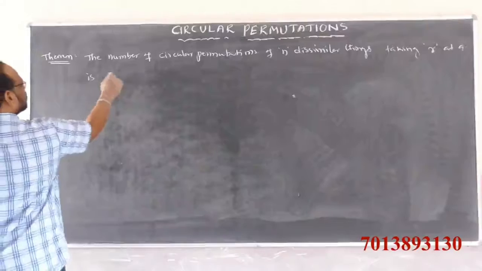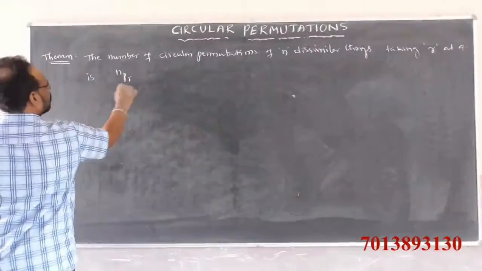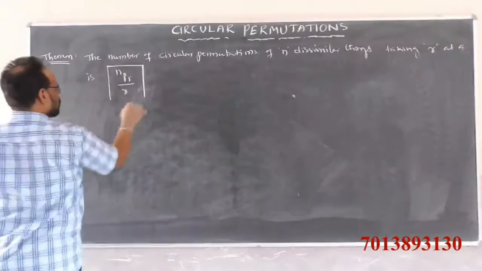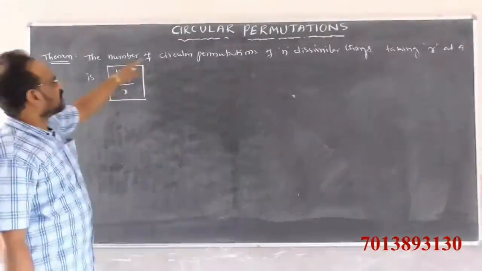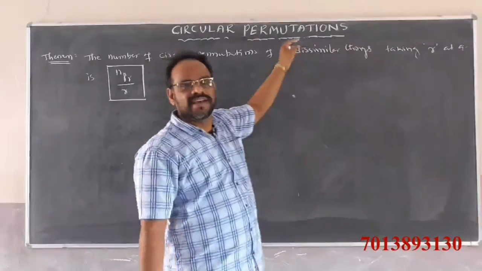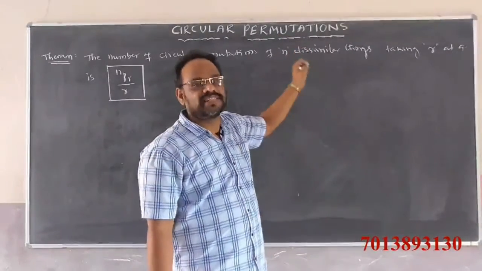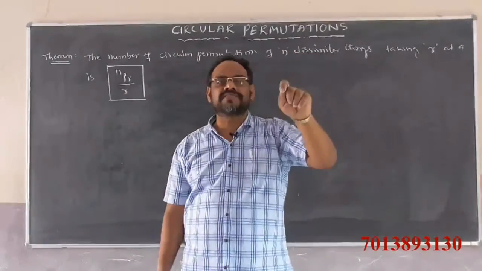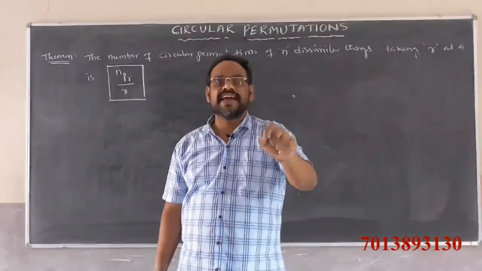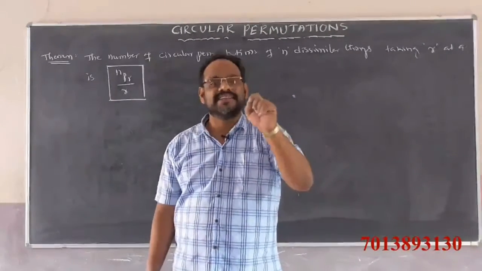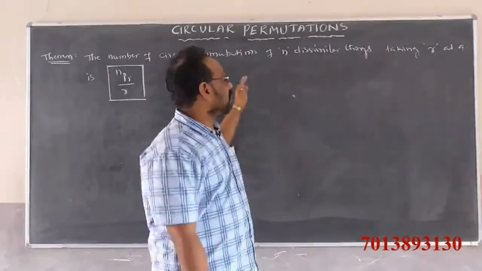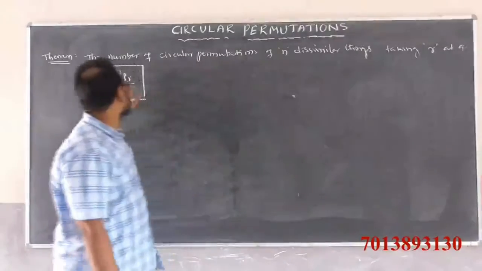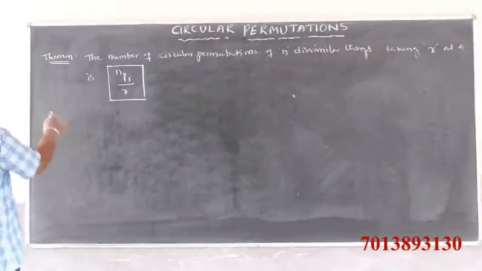The number of circular permutations of n dissimilar things taken r at a time is clearly nPr by r. Already we discussed that the number of circular permutations of n dissimilar things taking n at a time is clearly (n minus 1) factorial. Here, the number taking r at a time is nPr by r. Proof: